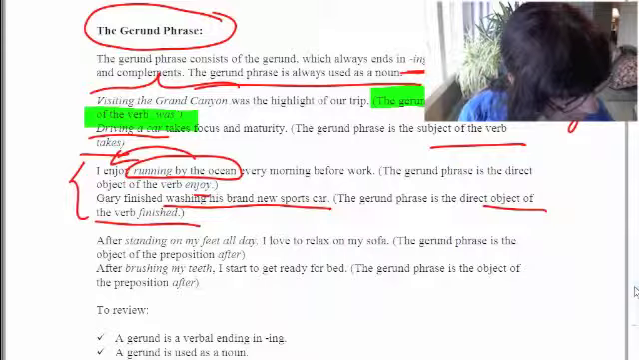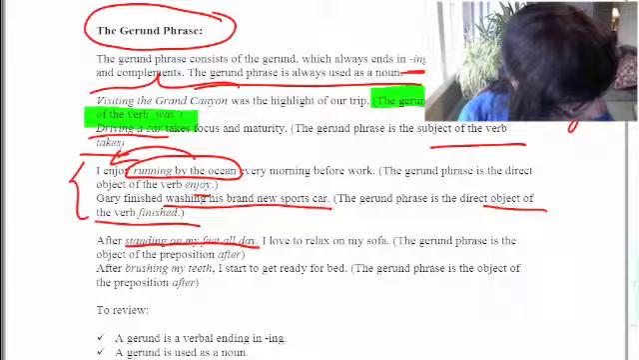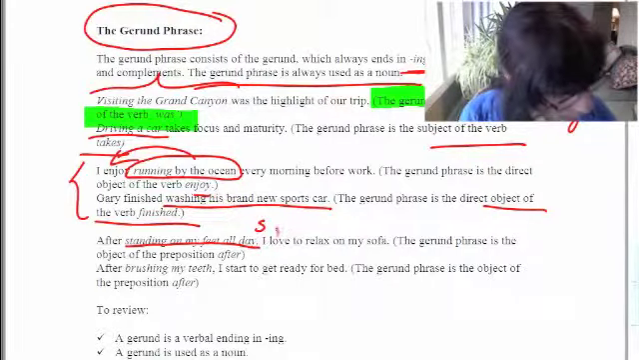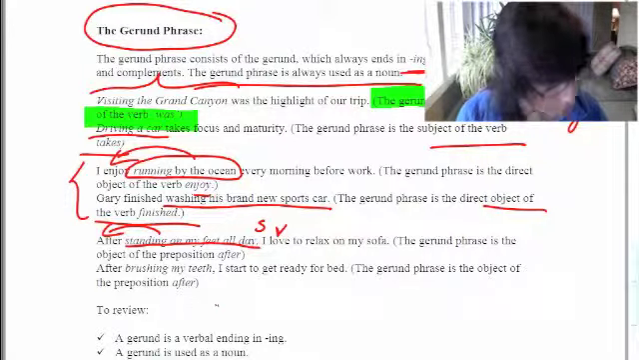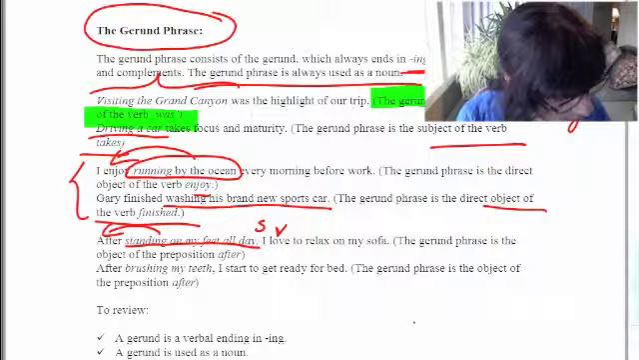After standing on my feet all day, I love to relax on my sofa. This gerund phrase is standing on my feet all day. Standing is not the main verb. I is the subject, love is the verb, and after standing on my feet all day becomes the gerund phrase, and it's the gerund phrase which is the object of the preposition after. And another example, after brushing my teeth, I start to get ready for bed. The gerund phrase is brushing my teeth. It's the object of the preposition after,